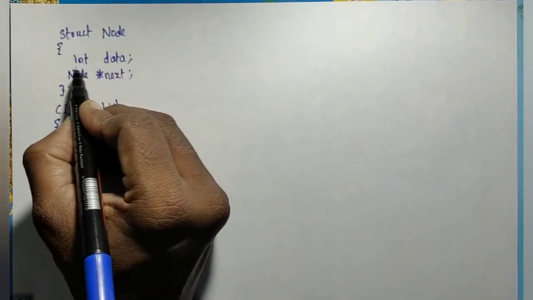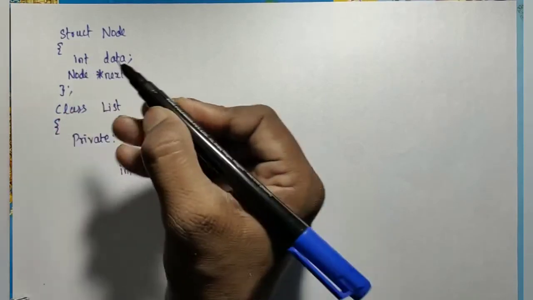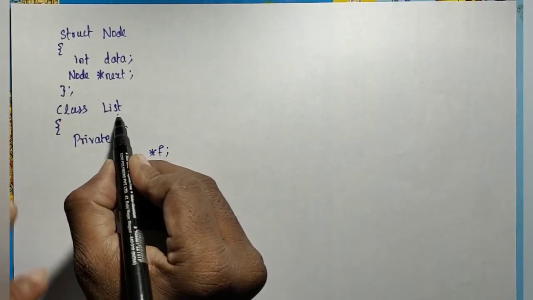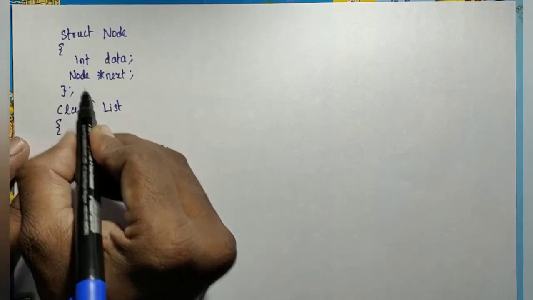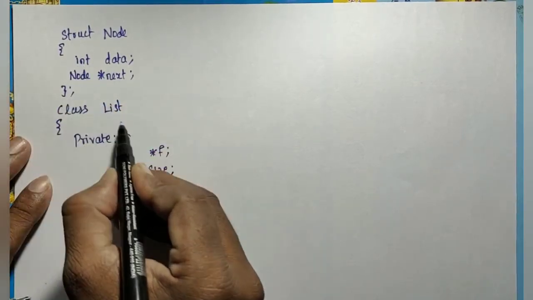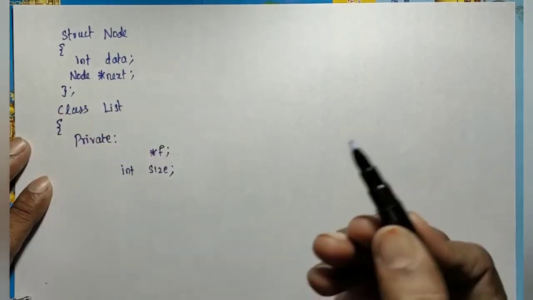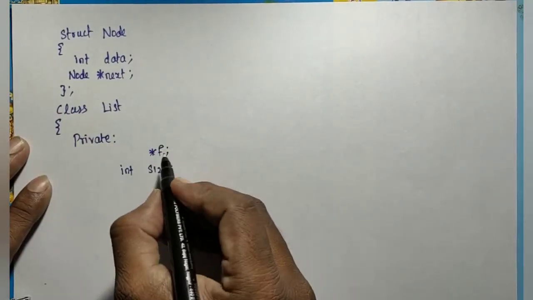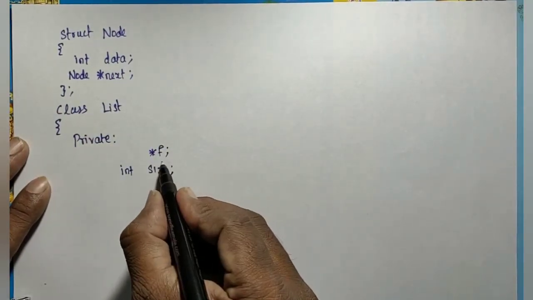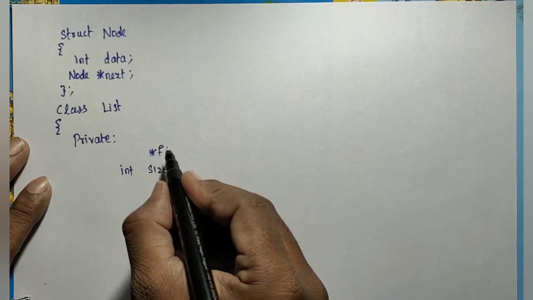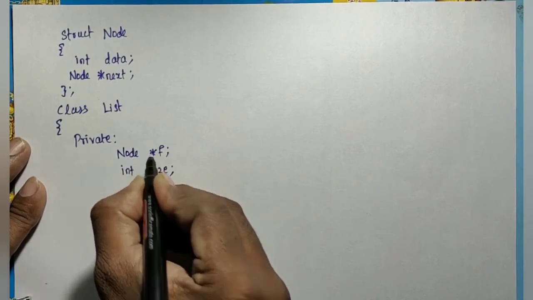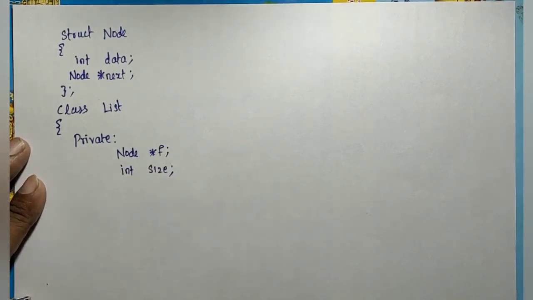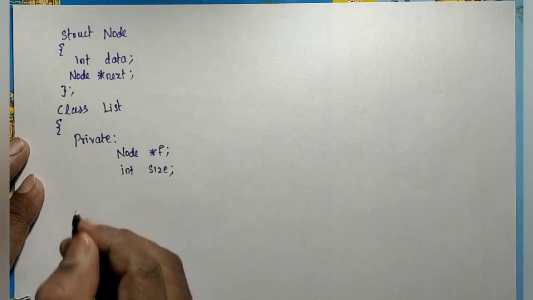So this data type depends on for which type you are going to create the list. Integer list means this is an integer. Float list means it is a float. Generic list means it is generic. Like that you have to define it. So now you come to f. f is the address of the first node. Node means I have to mention that node here. So node star f, like this. And then I have to add all the members.